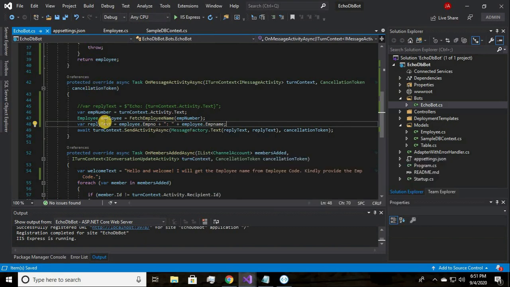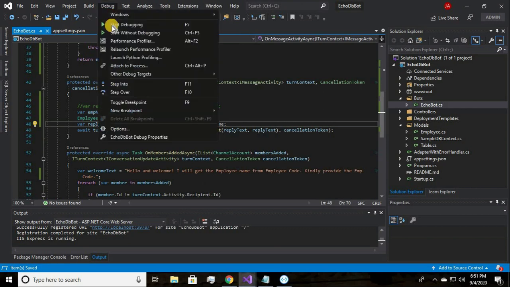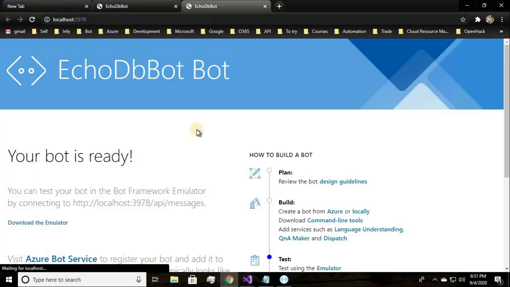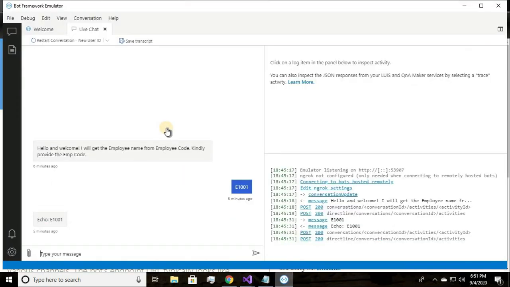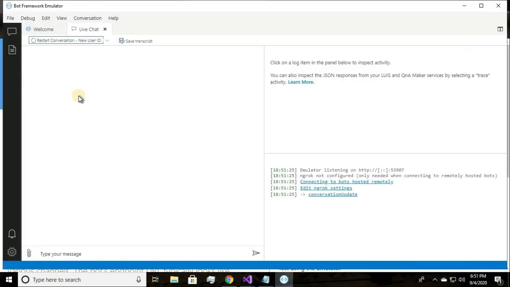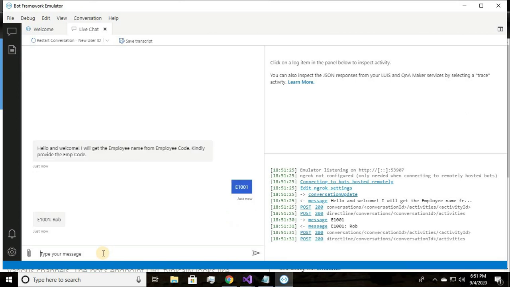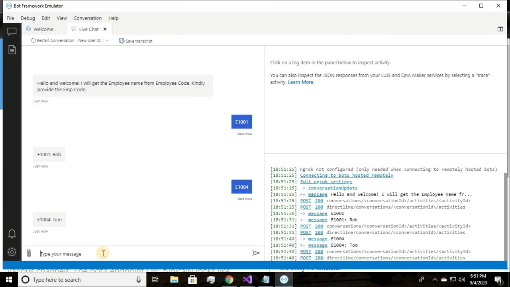Now coming back to EchoBot, we have completed our code, and let's test it. Debug, start without debugging. Let's go to our bot and restart the conversation. Let's type E1001. So it is replying me as E1001 is Rob. Let's say E1004, it's Tom,